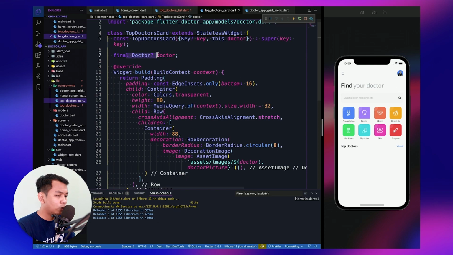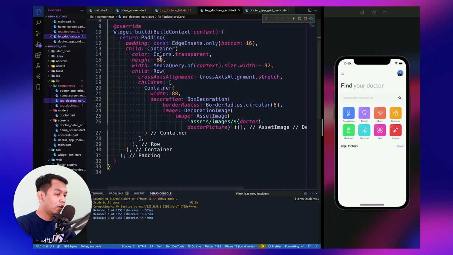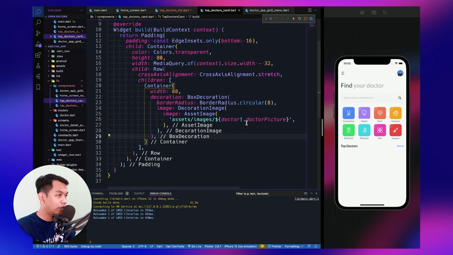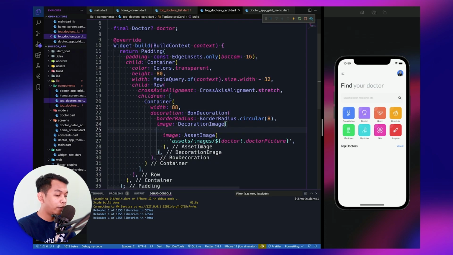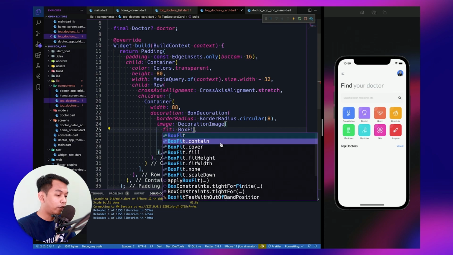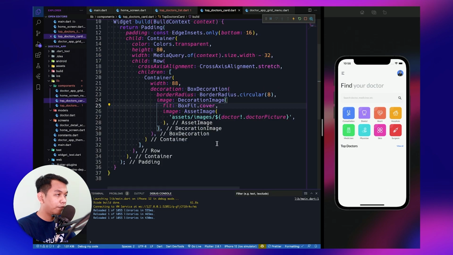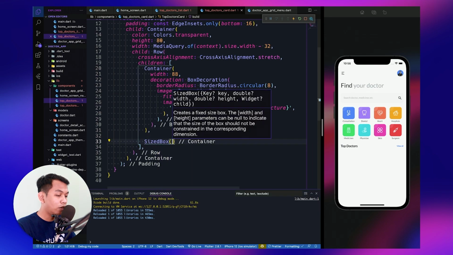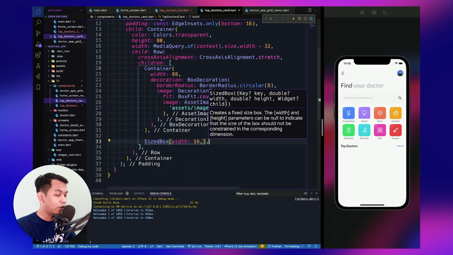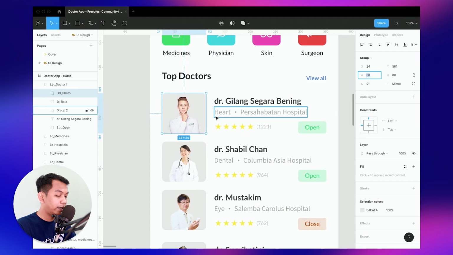This is because when the user taps our card, it will bring this to our doctor detail and look like this. Inside our decoration image, we say BoxFit.cover, and below our container, we add a SizedBox with the width of 16, because we want to add a little padding right here.